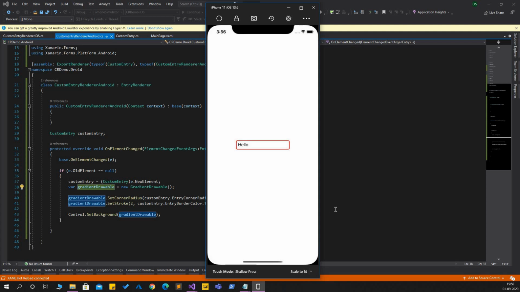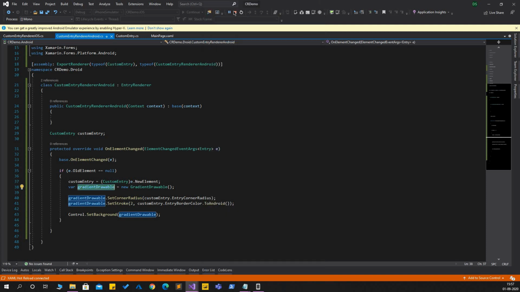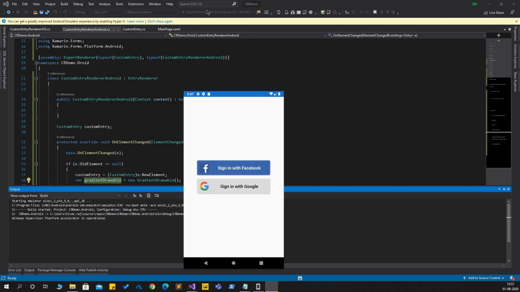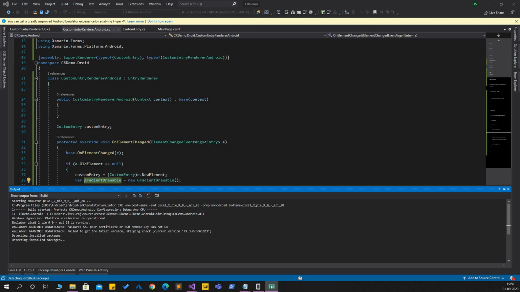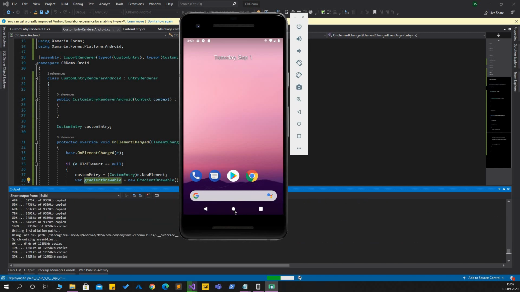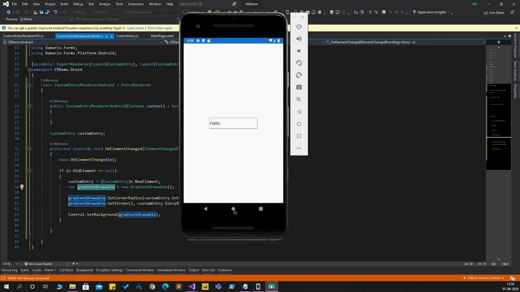Now as you see, we have a red border with rounded corners. Now let's verify this for Android. As you see, we have it on Android as well. So we have a red border with curved edges.